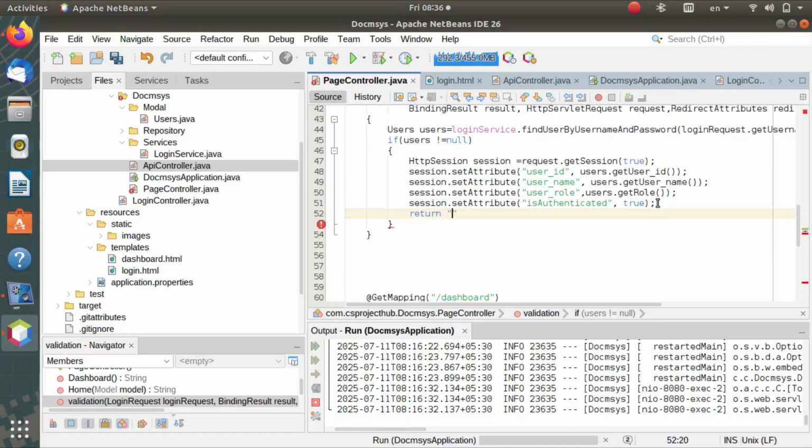We redirect the page. Redirect to our dashboard. Now after validation is successful, we move to the dashboard, and if not validated,